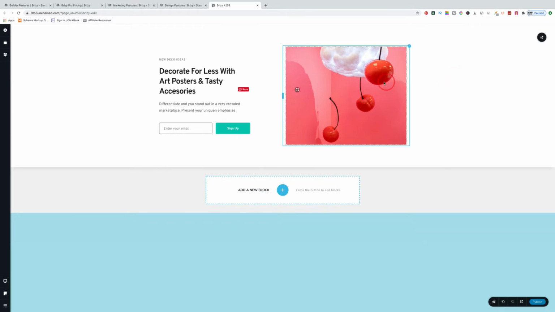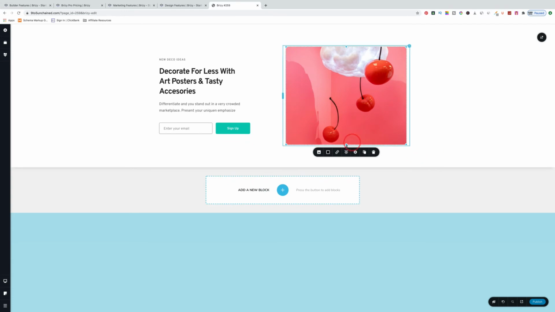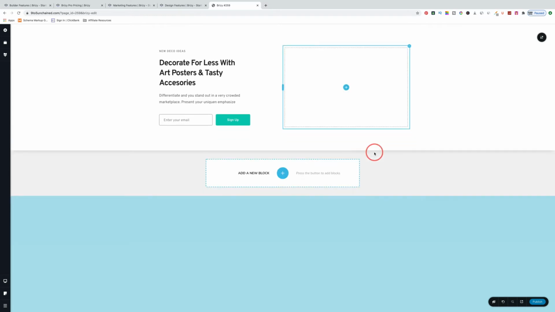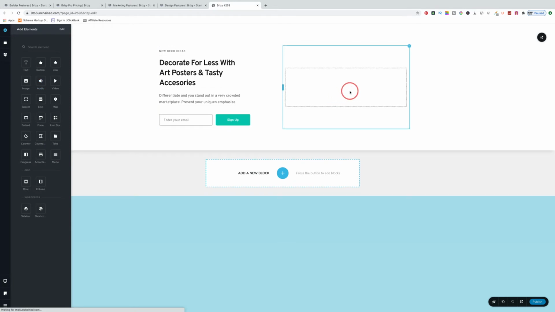Good luck with that. If I press on this image here, I can make the image smaller and make it bigger. I can change shadowing. I can even remove it. And I can go to the blocks here and I want to put in a video instead. So it'll load up the video icon